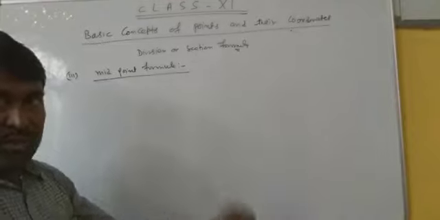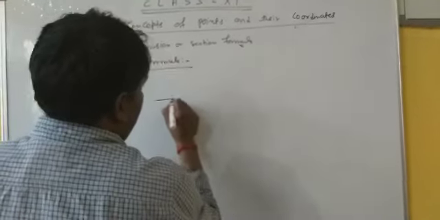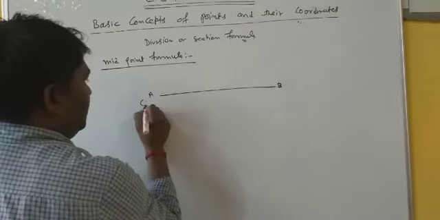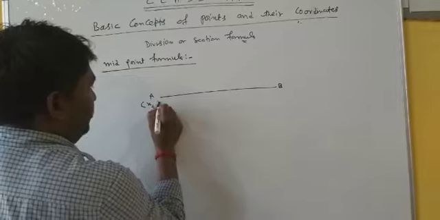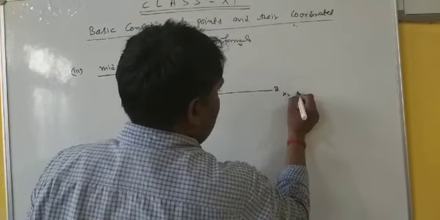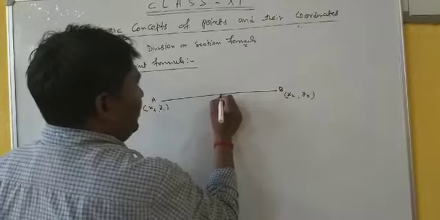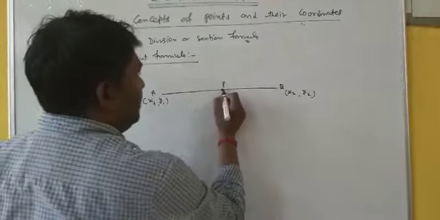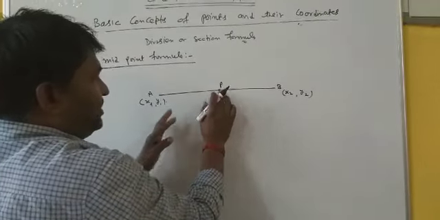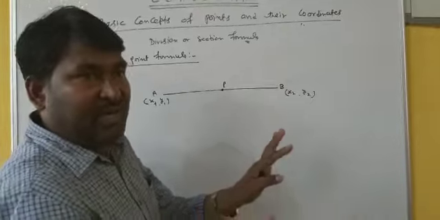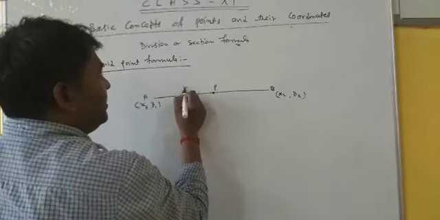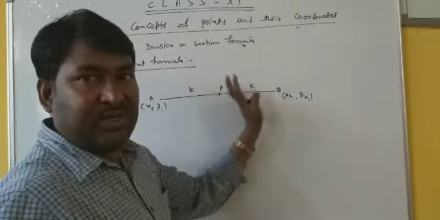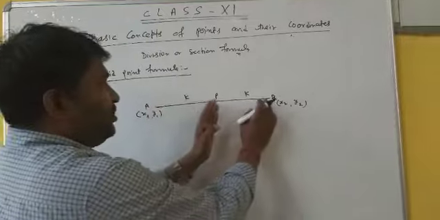Now, third one, that is midpoint formula. Now, midpoint formula. Let's see. If AB be a line joining two points of coordinate x1, y1, x2, y2, so let P be a point just lying in midpoint of these two points. Mid means if this point is dividing the whole line into equal part, meaning same ratio. Let these ratios are k and k, or 1, 1, or 2, 2, whatever the ratios, equal ratios. Means this part is equal to this part.